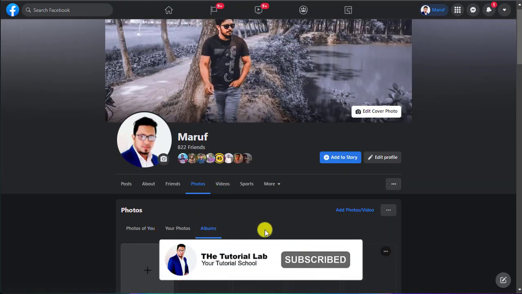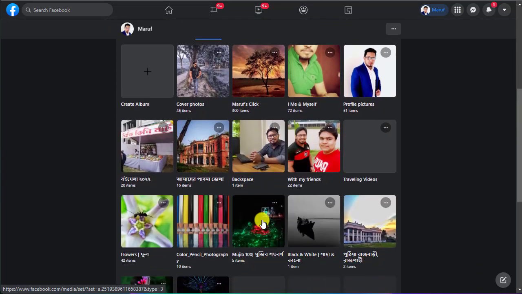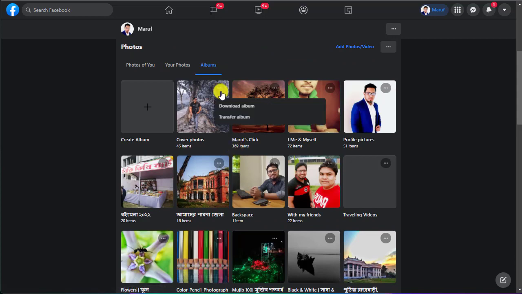Then click on albums. Here you will find all of your photos which you have uploaded, cover photos, and photos by others. To download the photos, all you have to do is just click on the three dots and click on download album,